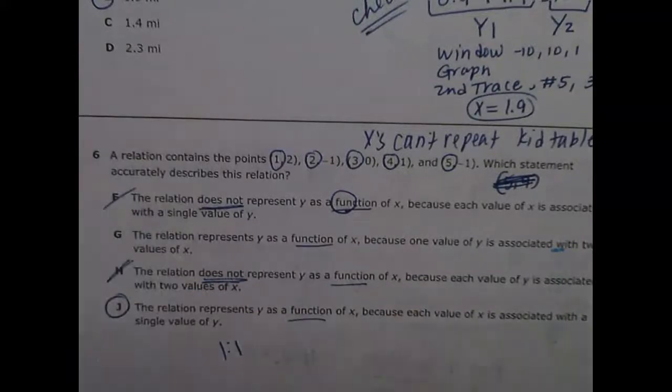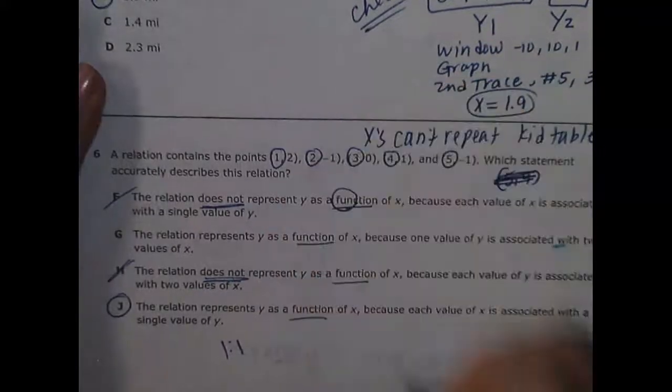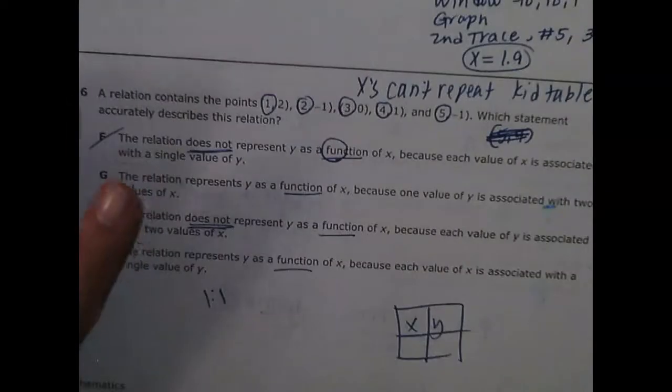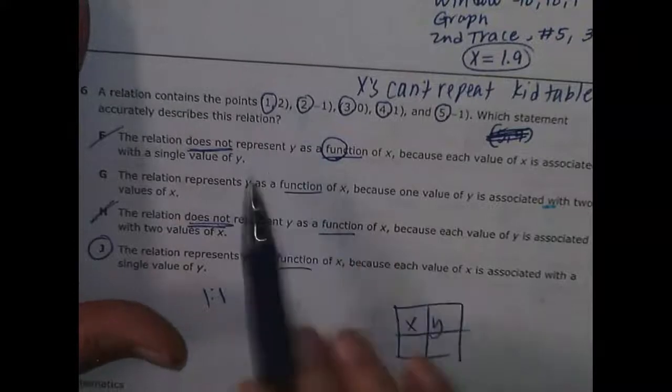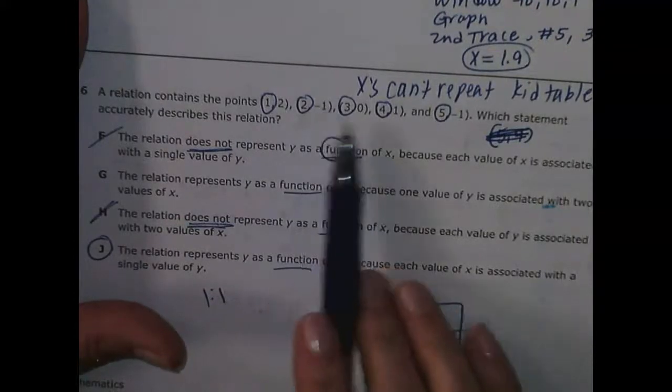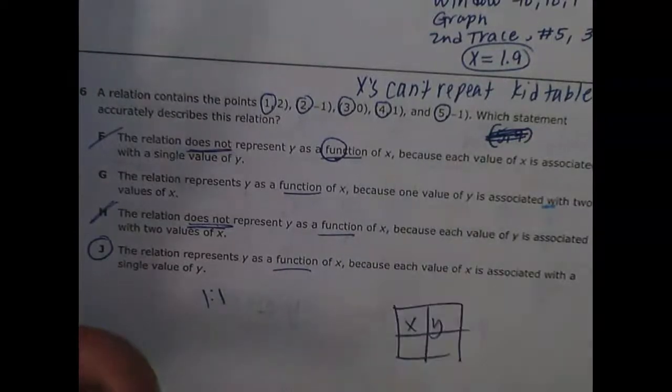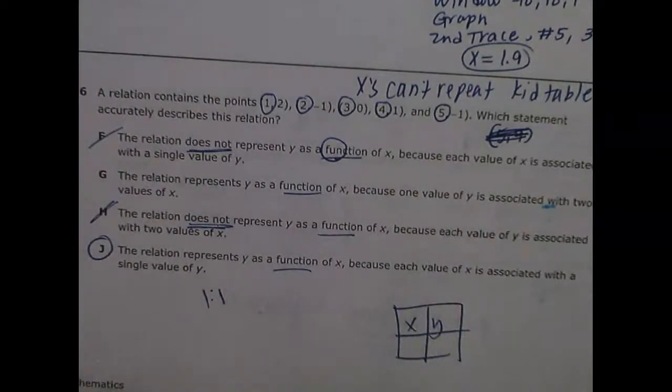And again, watching that brain dump, y'all saw that x and y. Wouldn't that x and y be a table? Kid table. And back to that kid table, what the heck was that? So kid 1, you're going to sit at table 2. Kid 2, you sit at table -1. Kid 3, you sit at 0. Kid 4, you sit at 1. And kid 5, you sit at -1. Did I confuse any child and send one kid in 2